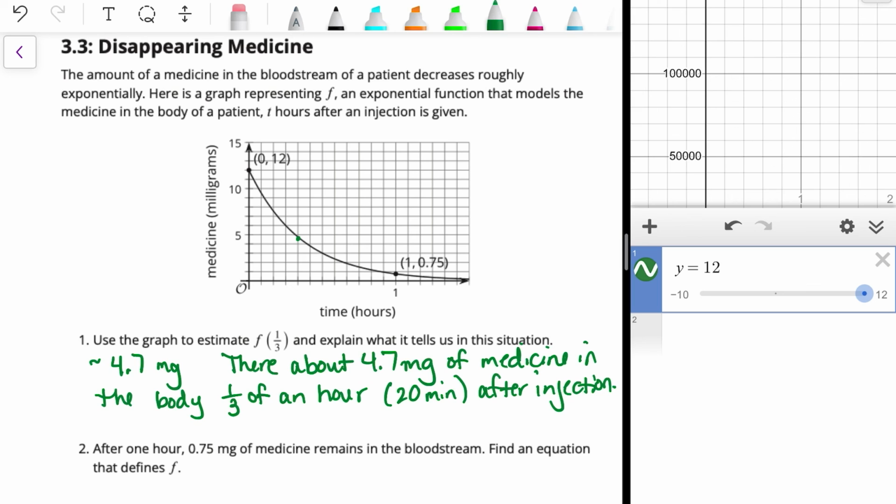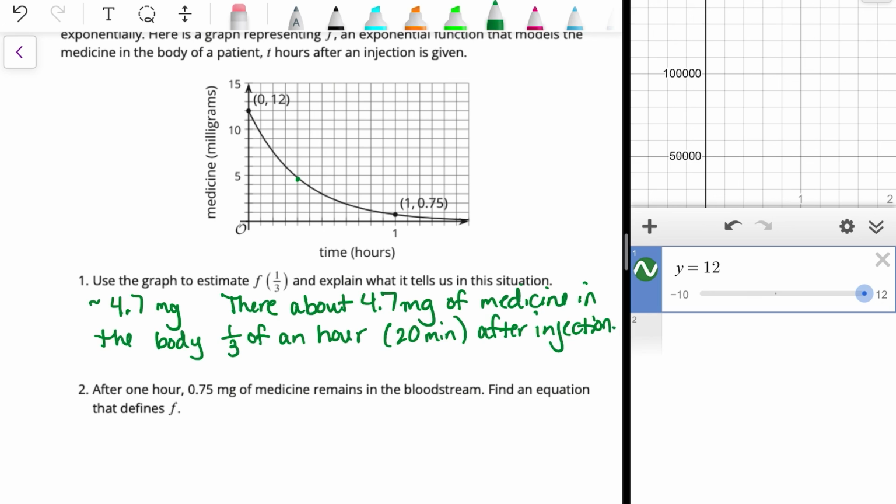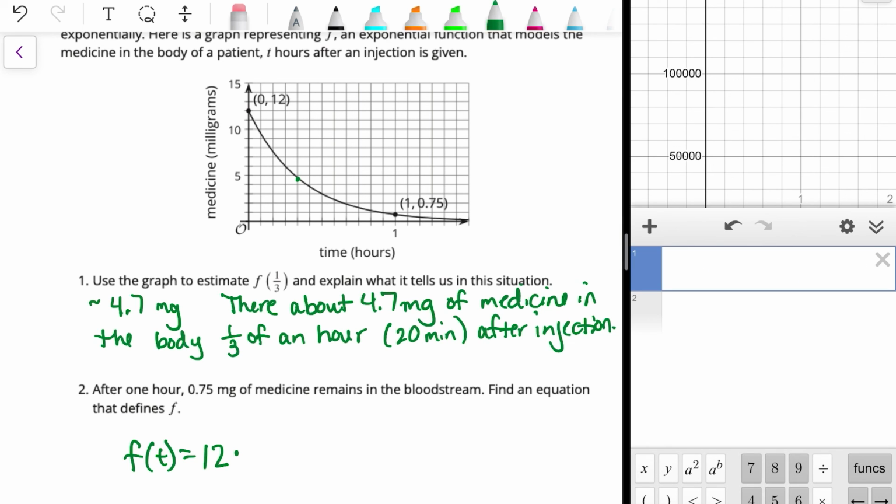All right, after 1 hour, 0.75 milligrams, or 3/4 of a milligram of medicine remains in the bloodstream. Find an equation that defines F. So we know that F of t, it's a function of time, equals 12 was our starting amount, and we need to figure out how much it's decreasing by. So what is, and we'll just do it on this calculator, what is